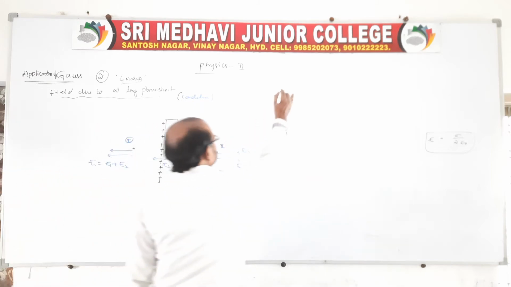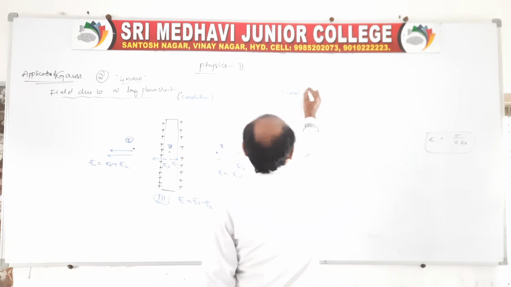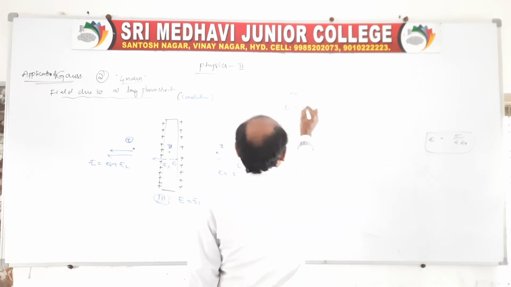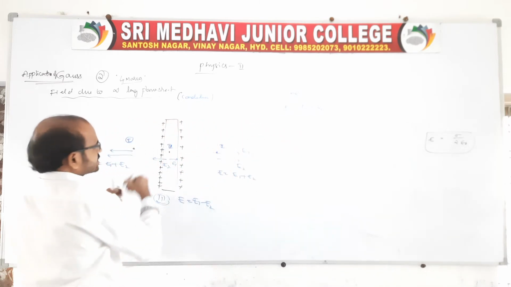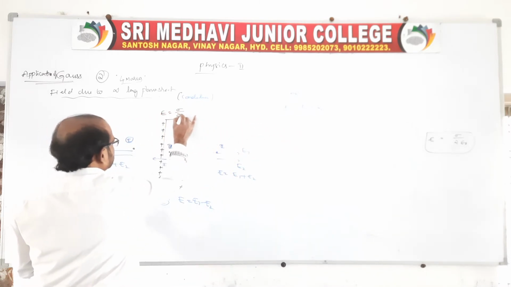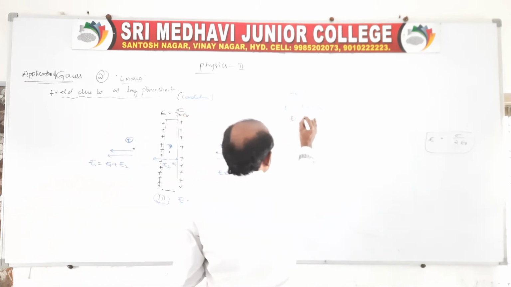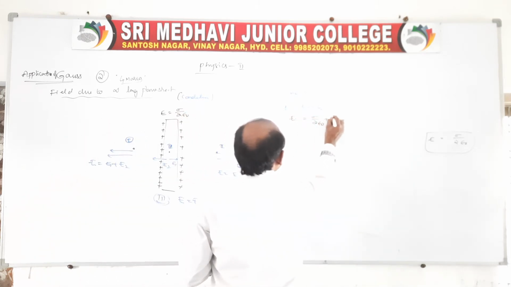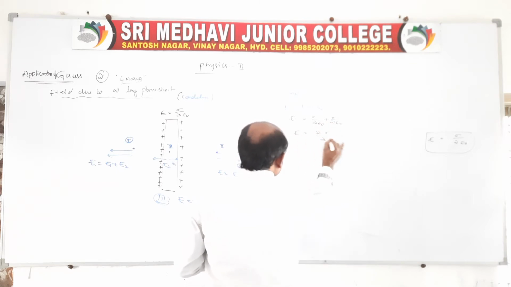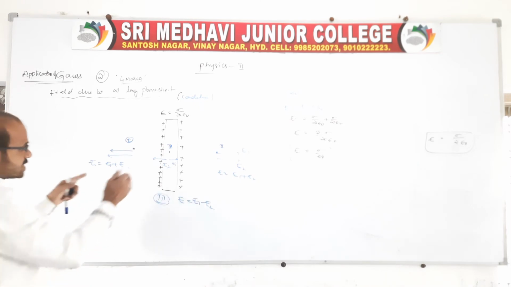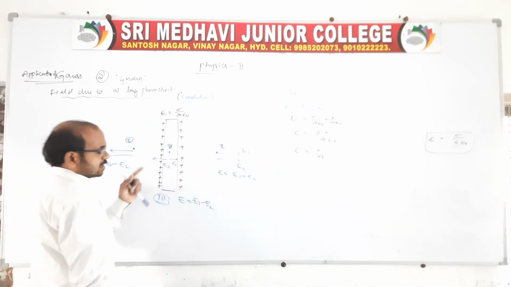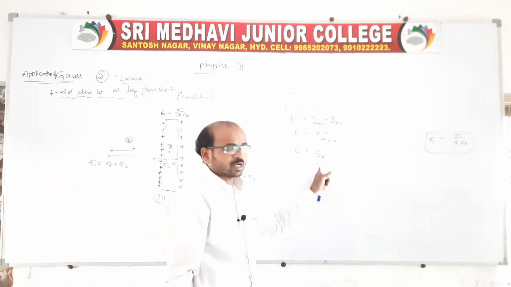See, first and second, that is about E is equal to E1 plus E2. For this surface we know E is equal to sigma by 2 epsilon naught. So you write here E is equal to sigma by 2 epsilon naught plus sigma by 2 epsilon naught, so that E is equal to 2 sigma by 2 epsilon naught. Again, this is also very important in the next chapter. Everyone remember. So the outer regions are like this. Outer region of a conducting sheet, E is equal to sigma by epsilon naught.